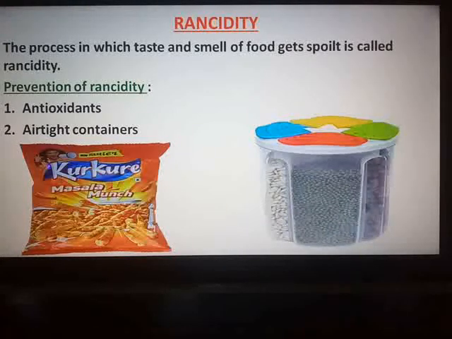So here what happens when it is airtight? The contact with oxygen is lost, and your foodstuffs, oils and all remain in good condition, and the process of rancidity is lowered. You cannot say it is prevented, it is lowered, and hence it is always advisable to eat, especially the oily foodstuffs, prepared at home. Even though outside foodstuff may be very tasty, surely they are very risky and harmful